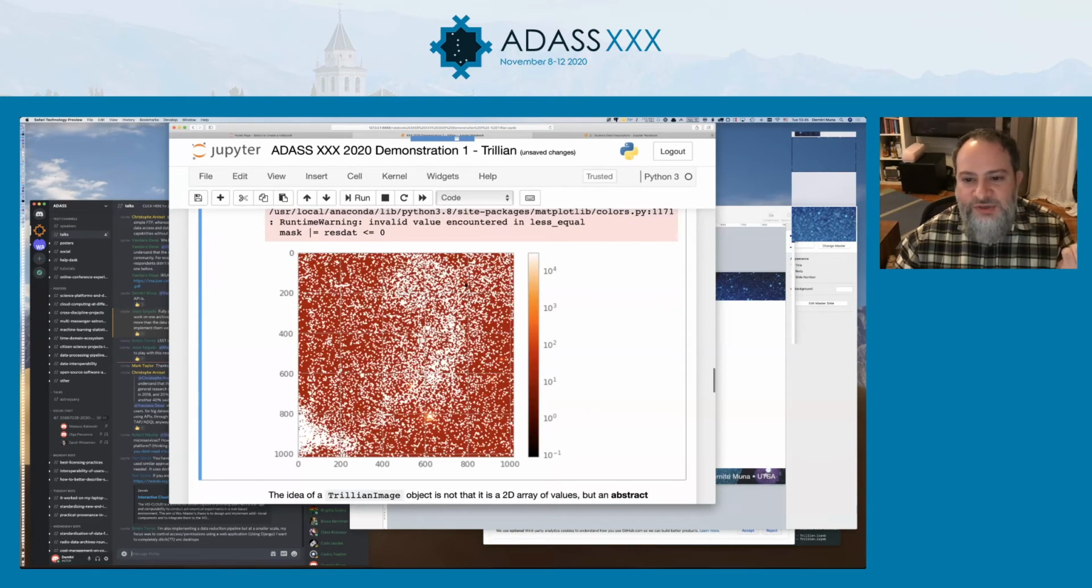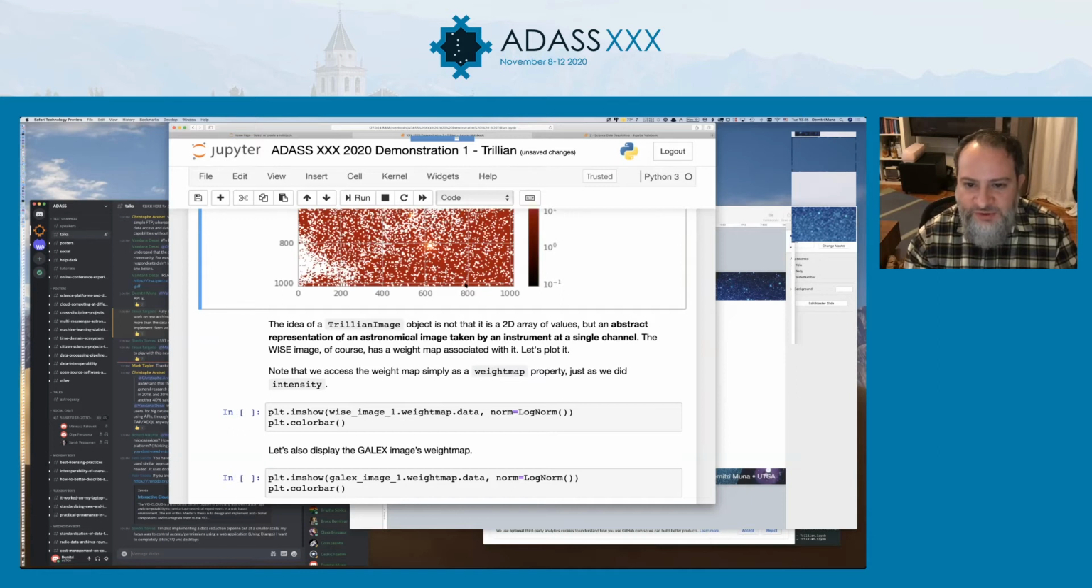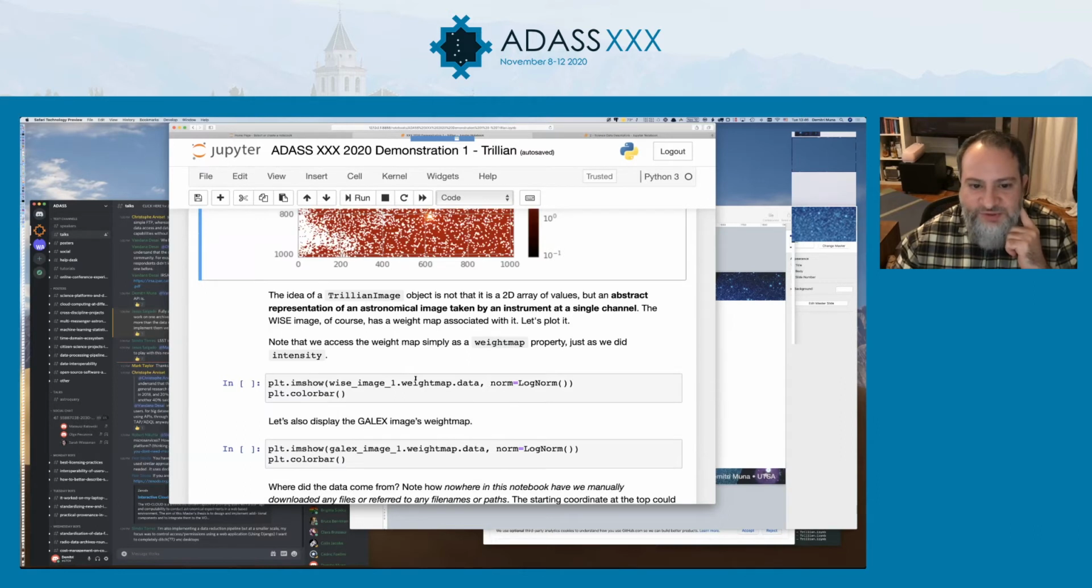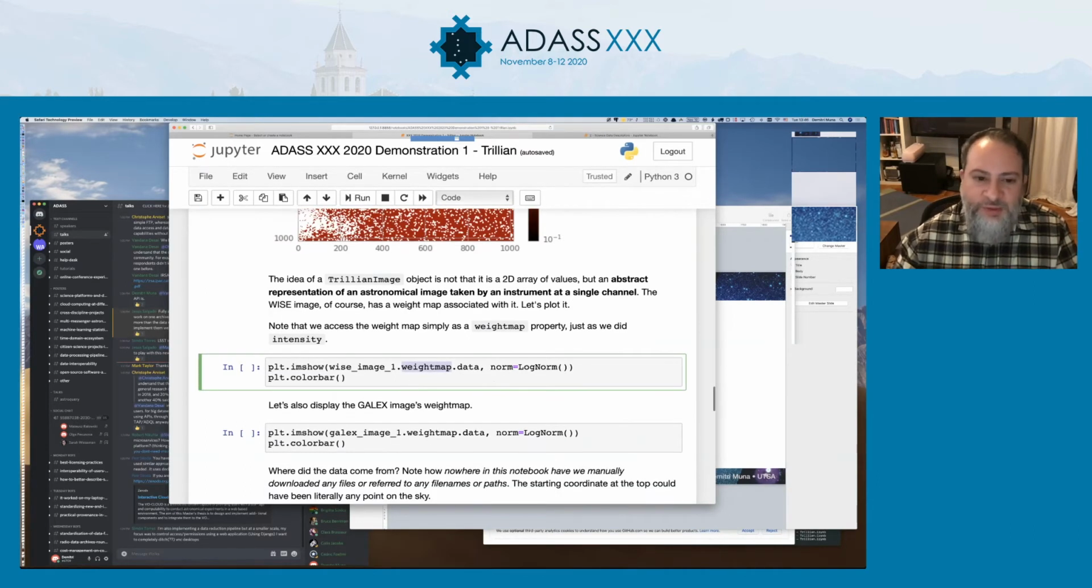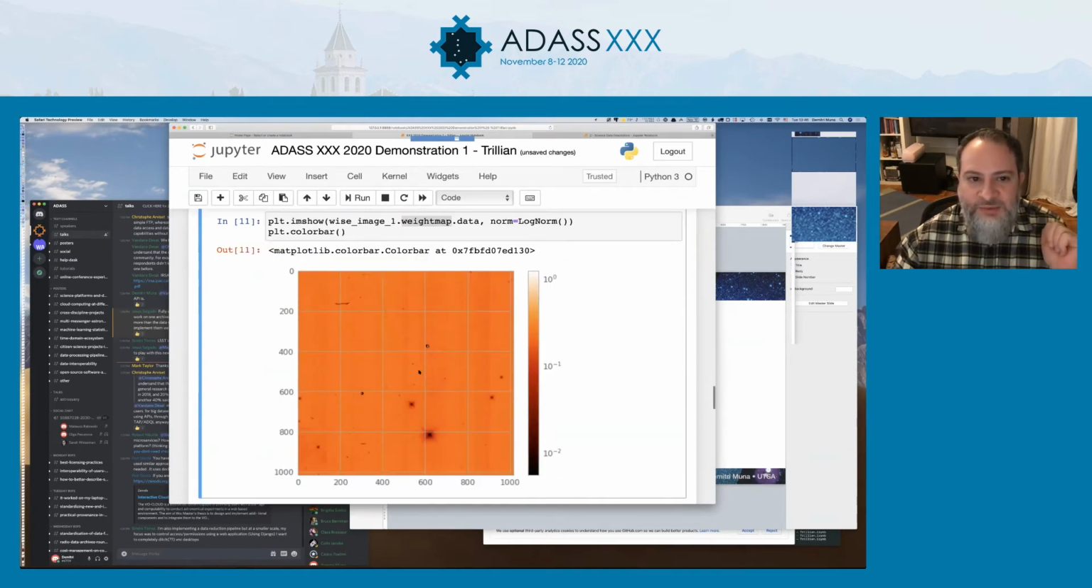So as I mentioned, the Trillian image is not a 2D array of values. It's an abstract representation of an astronomy image. To an astronomer, one of the common things you'll find associated with an image is a weight map. So let's say I wanted to view the weight map. So that's great. This is an abstract representation of an image. Astronomical images have weight maps. So if I want to plot the weight map, I just say WISE image 1.weightmap.data, and there's the weight map